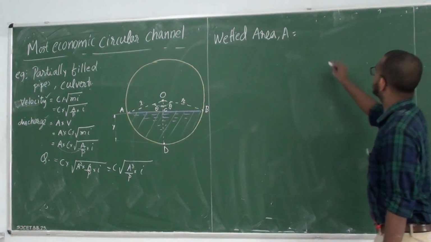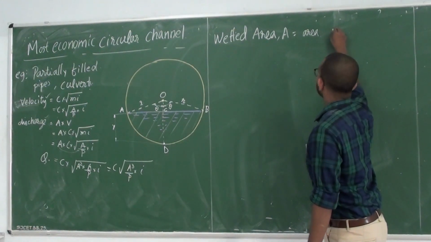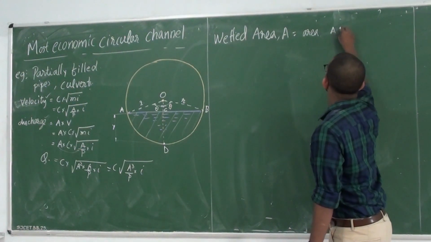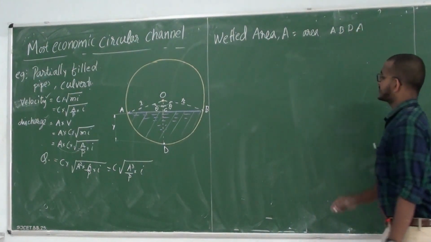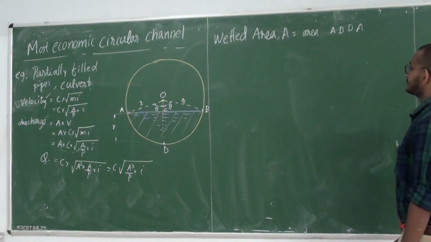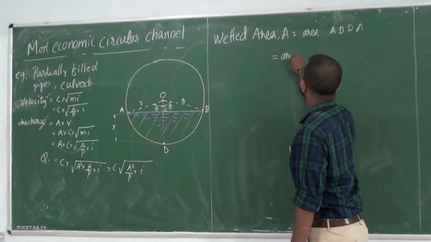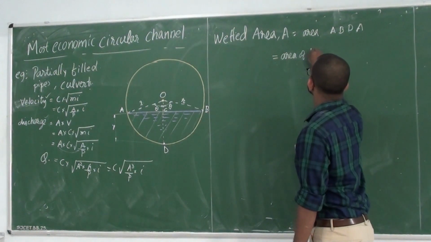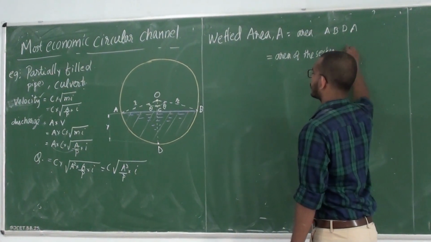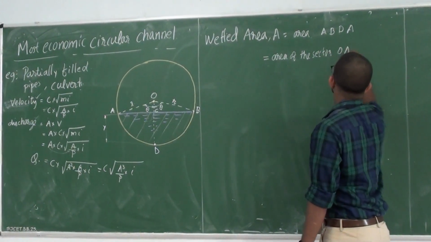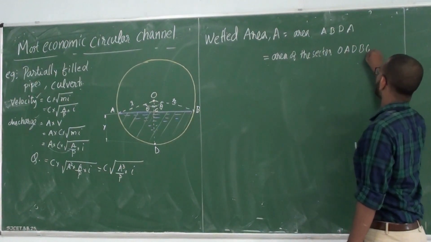The wetted area is equal to the area ABDA. What is area ABDA? It is equal to the area of this sector OADBO